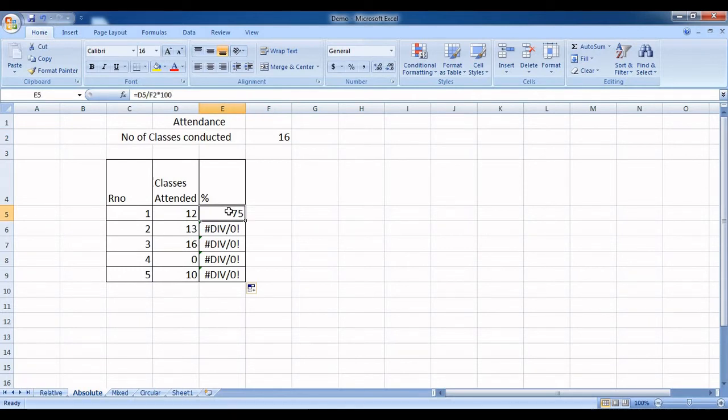Because the number of classes conducted, the value 16, is available only in a single cell. After F2 in the formula, the cursor should not go to F3, then F4, then F5 or F6. It should remain at F2 itself. It should not update the row number for the second part of the formula.